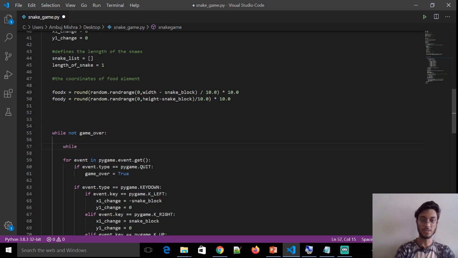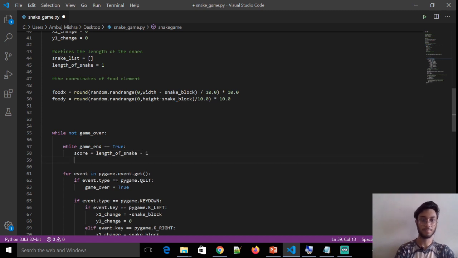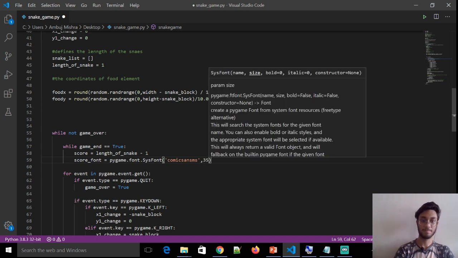Right, we are going to write the logic that while game end is equal to true, in that scenario, calculate the score to be the length of the snake minus 1. And I'm going to specify the score font also, using pygame.font.SysFont. Pass it the font name, I'm using Comic Sans, and the font size.